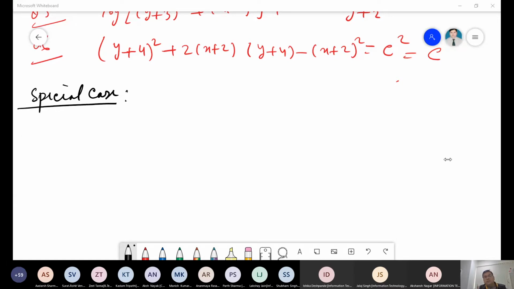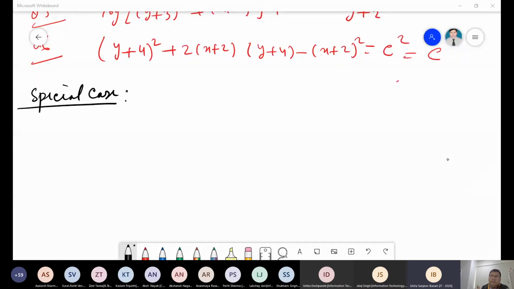When do we call it the special case, sir? In the non-homogeneous differential equation, when do we call it a special case? Yes, sir. In the special case, it is like dy by dx is equal to ax plus by plus c upon capital AX plus capital BY plus capital C. So when small a upon capital A is equal to small b upon capital B, then it happens like ax plus by plus c, and n times ax plus by plus c in the denominator, and then we substitute ax plus by as b and then solve.